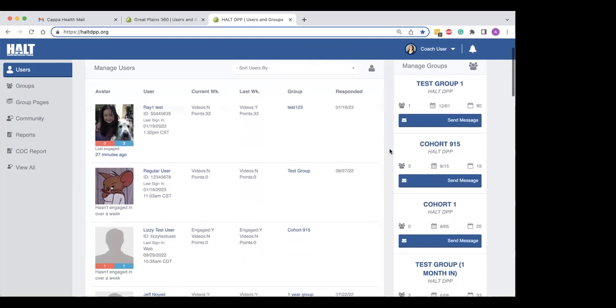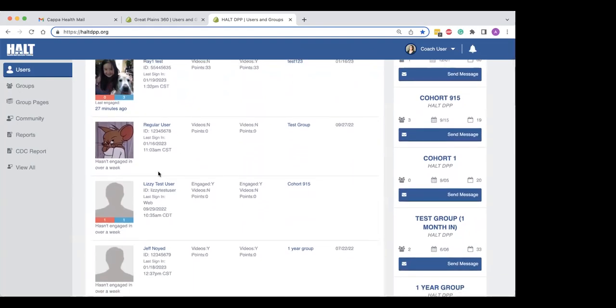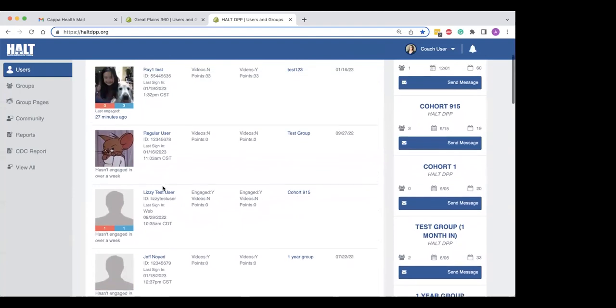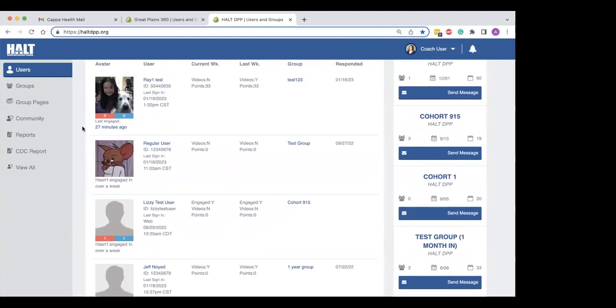Now, the coach is also notified right on the profile pictures of participants. So you'll notice that if I scroll down, some of these participants have a few colored numbers listed under their pictures. Now, these two colored numbers are more specific notifications to this person, of course. Now, the red number signifies the amount of messages that this person has sent the coach that maybe the coach